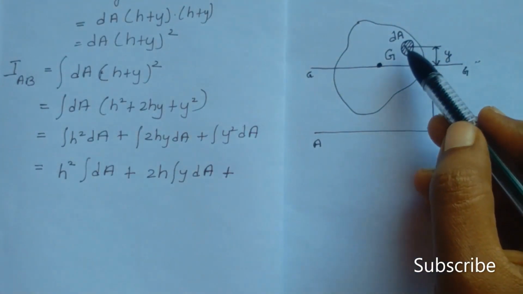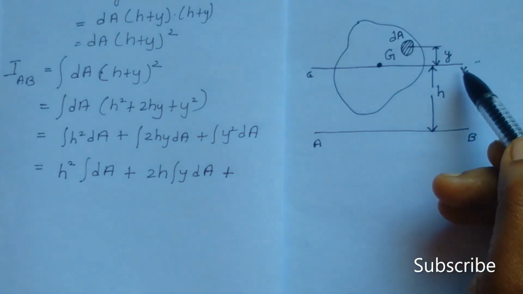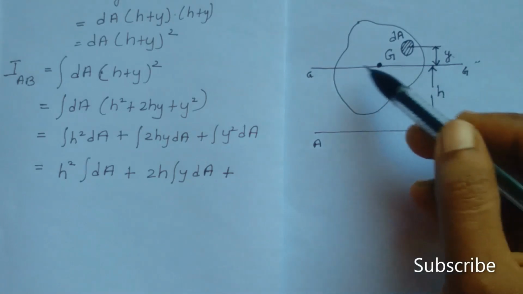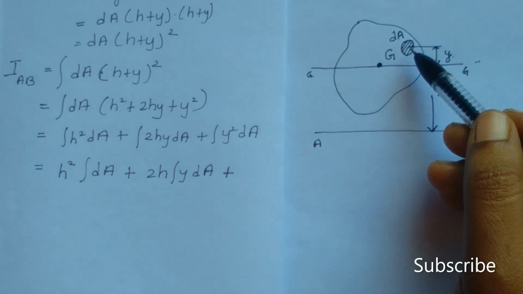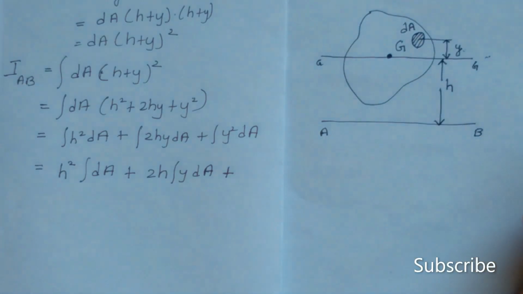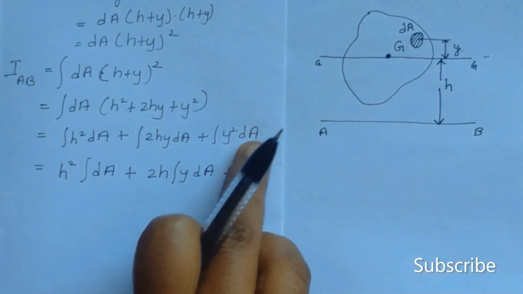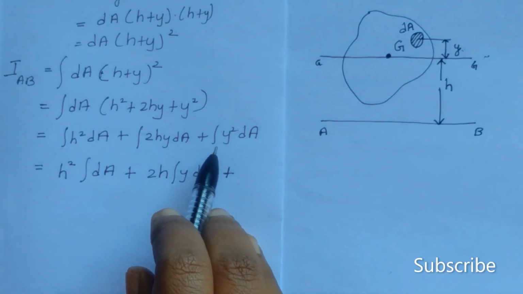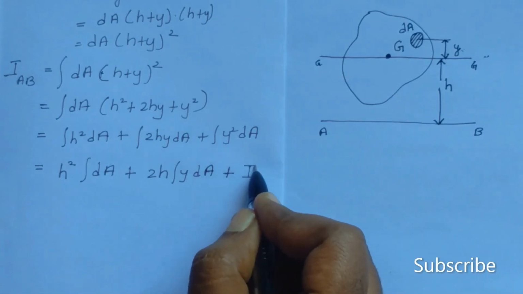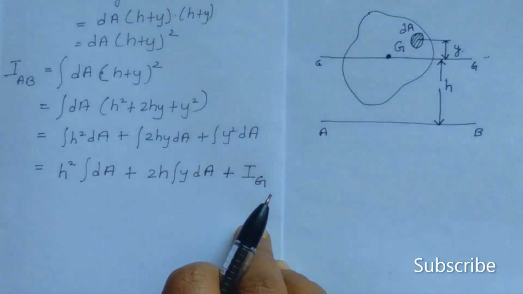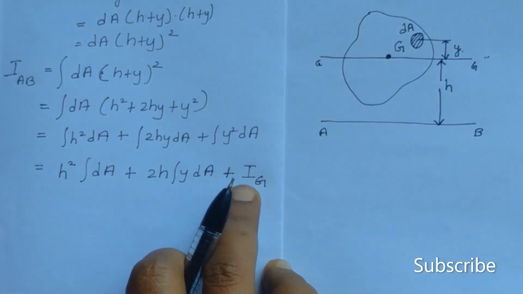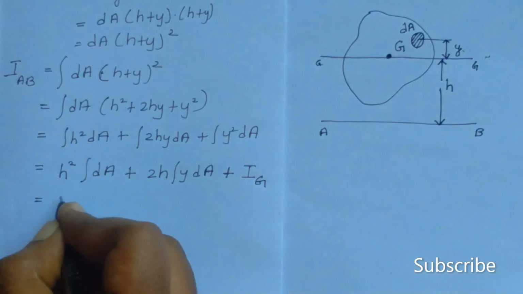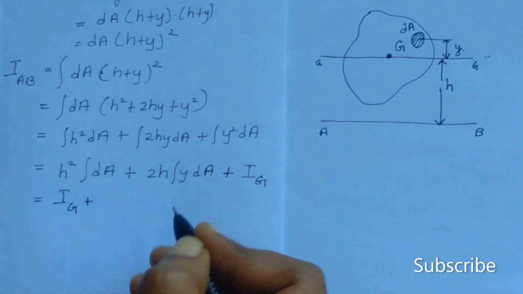Y is the perpendicular distance from the elemental area to the centroidal axis. So y square dA means it is the second moment of this elemental area about the centroidal axis, or the moment of inertia of this elemental area about the centroidal axis. When we integrate that term, we will get the moment of inertia of the entire lamina about the centroidal axis. So let it be denoted as Ig. What is Ig? It is the moment of inertia of the entire lamina about the centroidal axis. So you can write IAB as the first term plus,